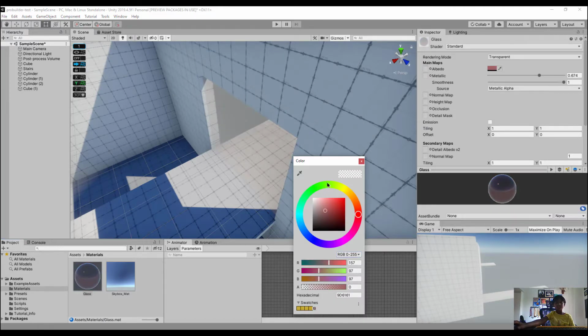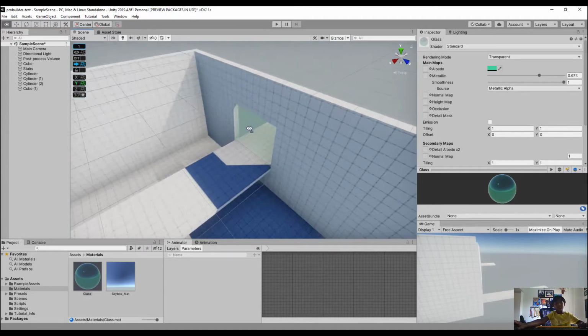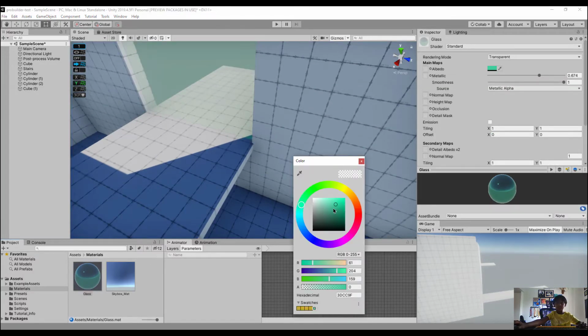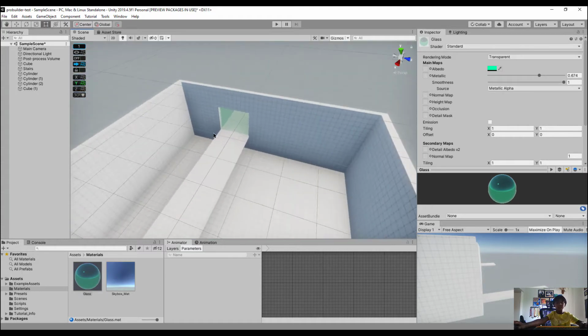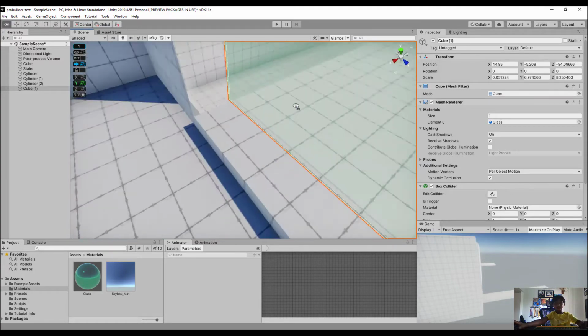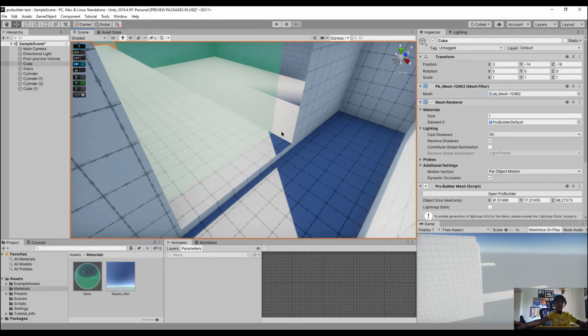So I'm gonna make it sort of like green because I like green and green is always cool. Or I'll make it a yellow plus green with green blue. So because we are of course in a seaport, right? So now we have a glass. Now I'm gonna put this glass over here also. Oh, we got a bit of a problem there. So before putting the glass,